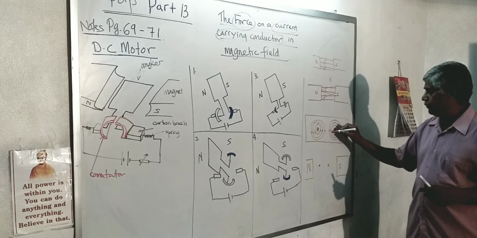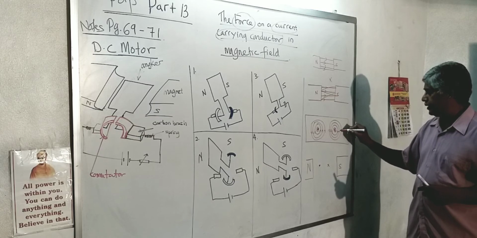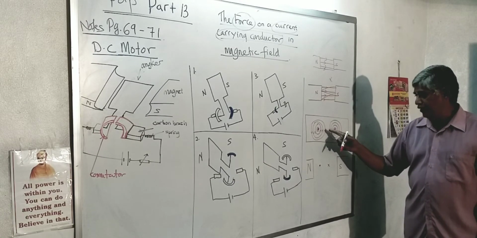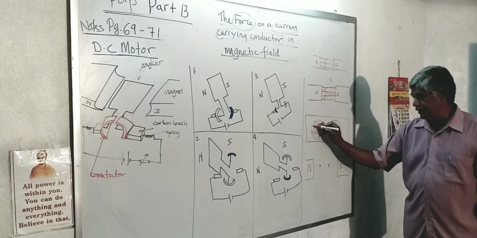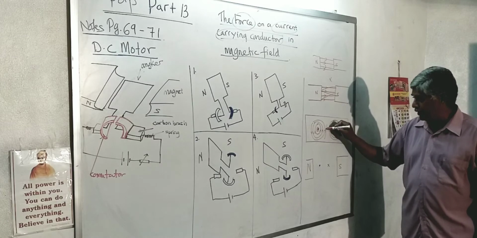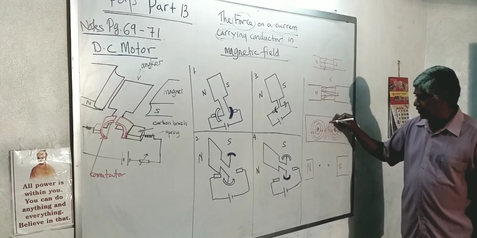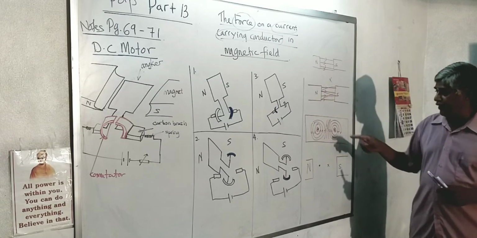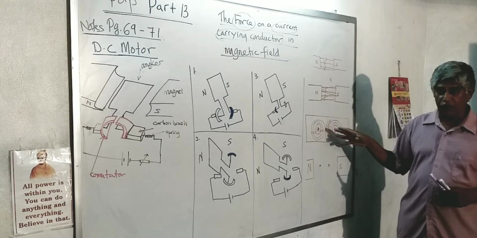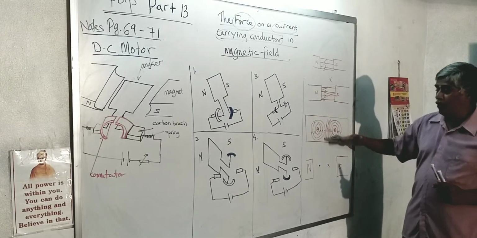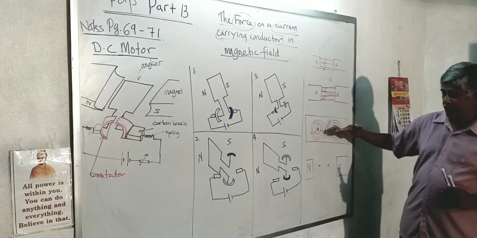If you look at these 2 magnetic fields, we can find something interesting here. Although this is anti-clockwise and this is clockwise, in the middle both are moving in the same direction. So what we are trying to tell you here is that the field in the middle is very, very strong, because both fields are moving in the same direction. So there is more resultant field in the middle, so the field is stronger.